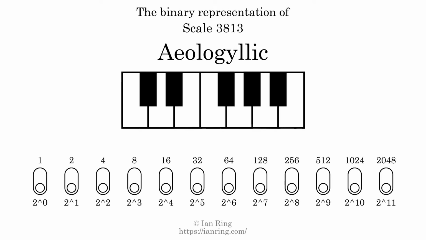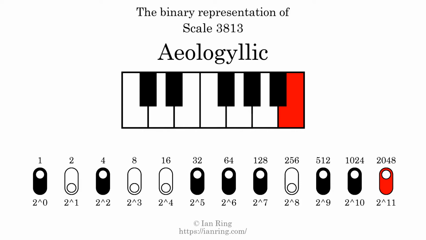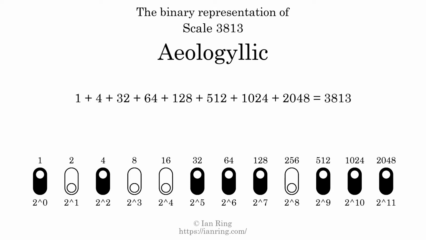The binary representation of this scale is determined by mapping tones of the scale to binary digits. Each binary digit represents a power of 2. To get the scale number, we add the powers of 2 together. The powers of 2 that are present in the scale, all added together, equals 3813. That is why the scale number, in decimal, is